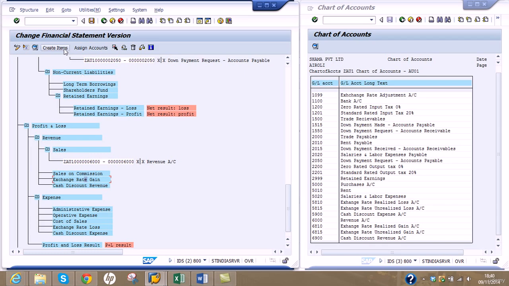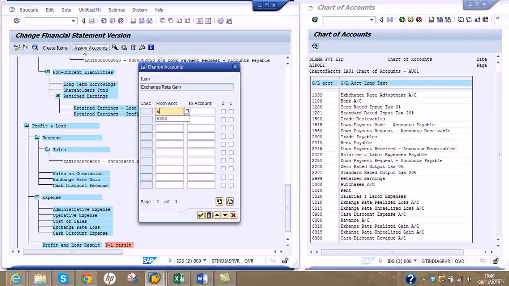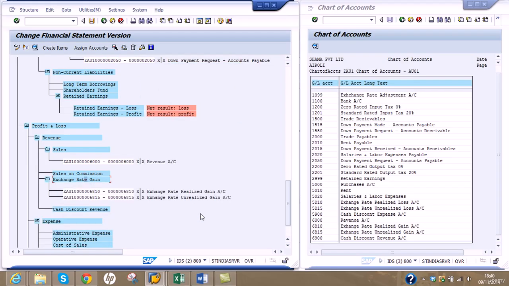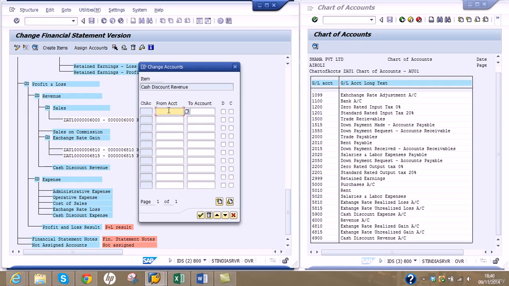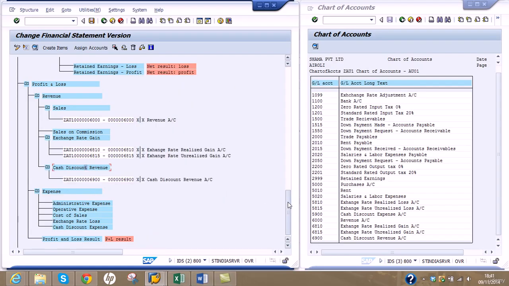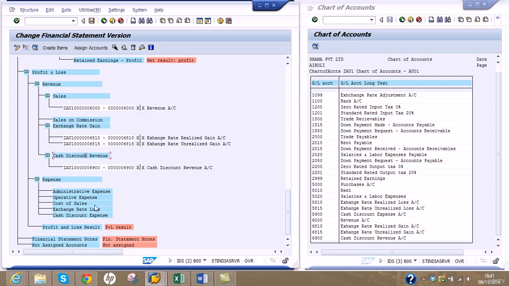Assign accounts, give 6810 and 6815, debit credit, and cash discount expense revenue, assign account 6900, and similarly